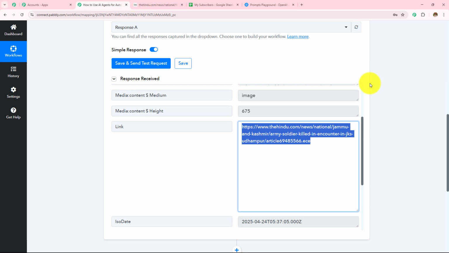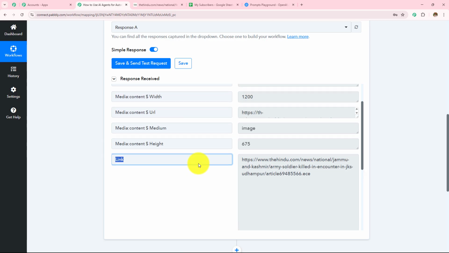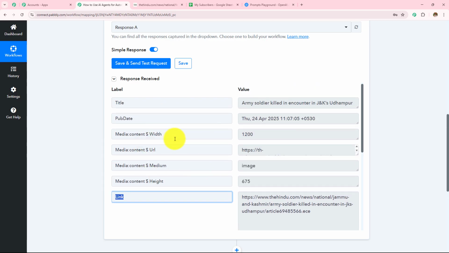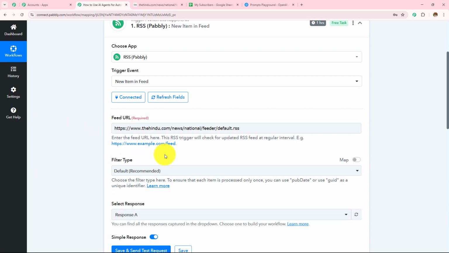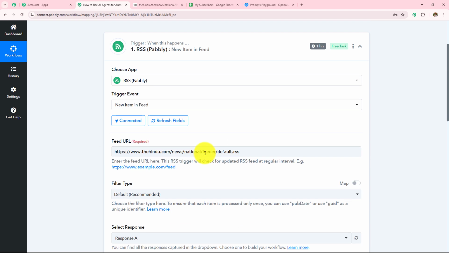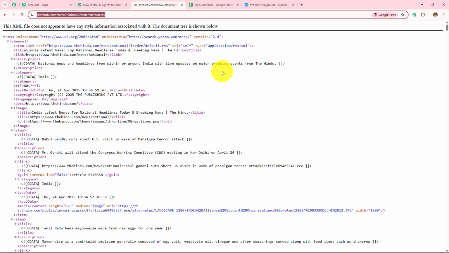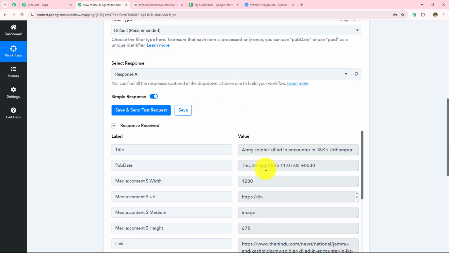Let's go back to my Pabbly Connect workflow. This is the link of the content which we have received, the news content, and we have received the rest of the details. We have also received the published date of this news. And now as soon as the new news will be updated in this particular feed, this workflow is going to get triggered. Here, as soon as I receive this response, we can see the connection setup that we have created between RSS by Pabbly and Pabbly Connect that is successful. And now whenever there will be a new news in this news feed, I will start capturing that response here in this workflow.